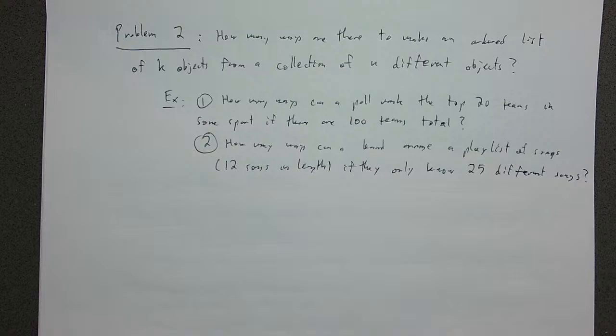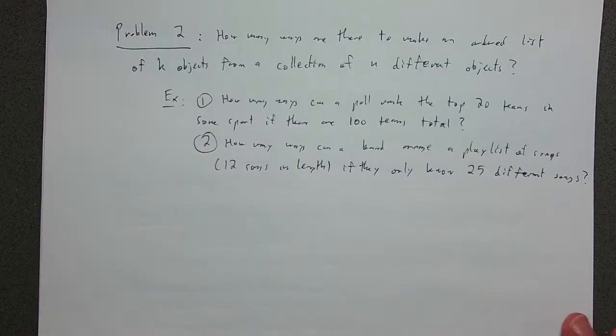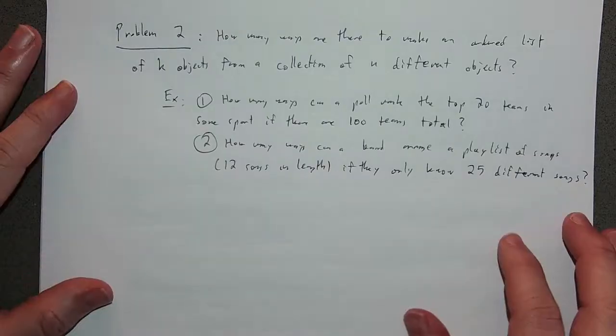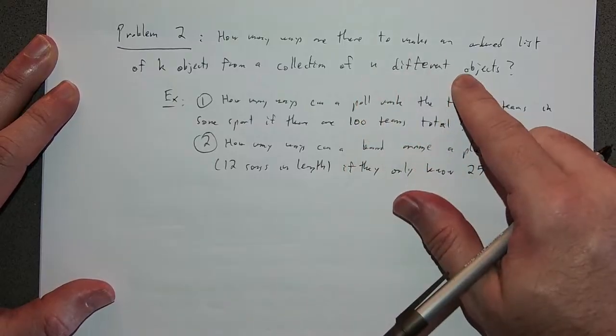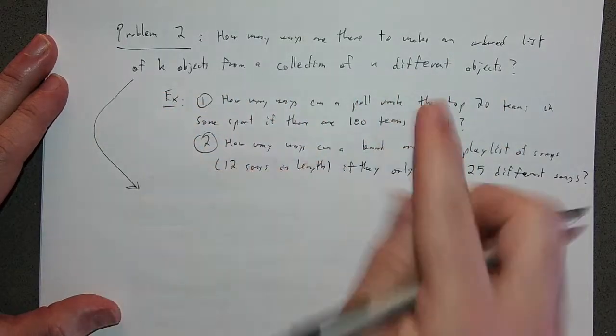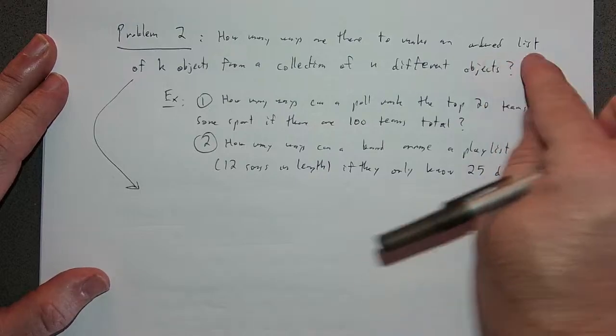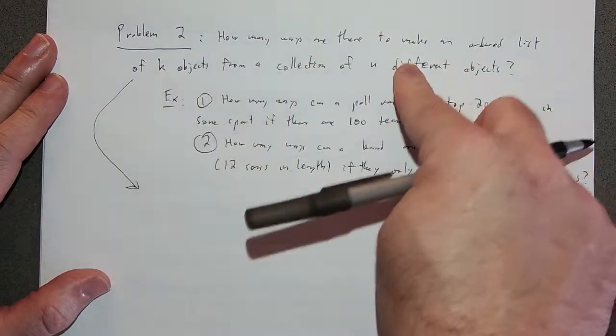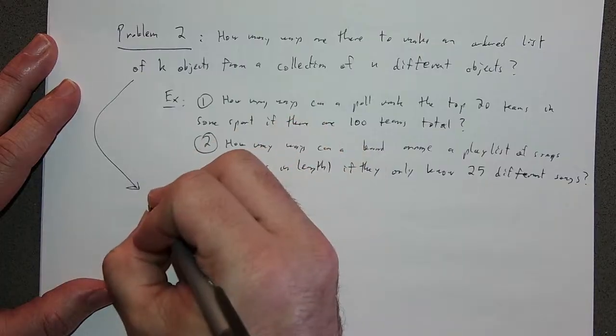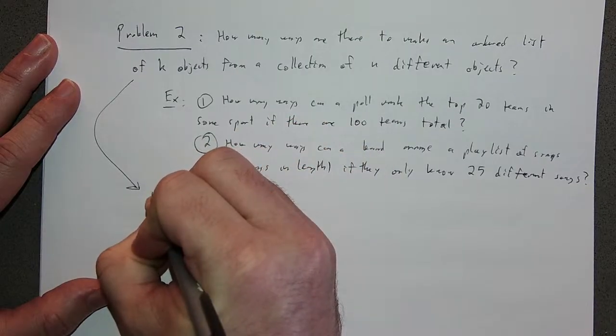So you can pause the video at this point and see if you can answer these questions or start going about the answer of how you would handle this. So I'm going to try to apply the same reasoning that I used for the previous problem. And so what am I going to do here, right? The point is, if I have n different objects, so let's solve this. If I'm going to make an ordered list of k total objects from n different objects, how I would do that is, in my first slot, I have n choices,